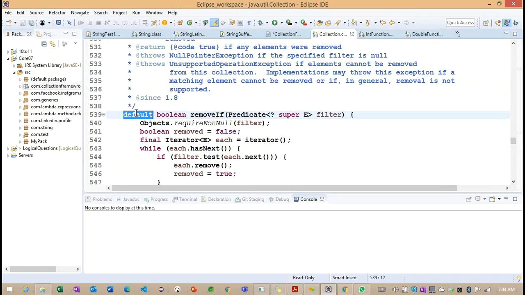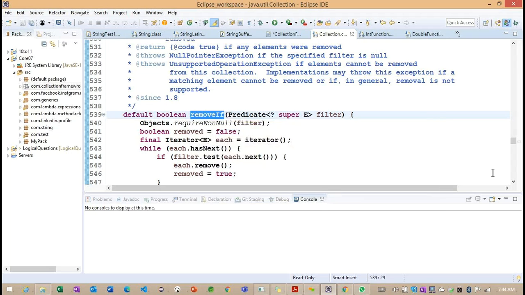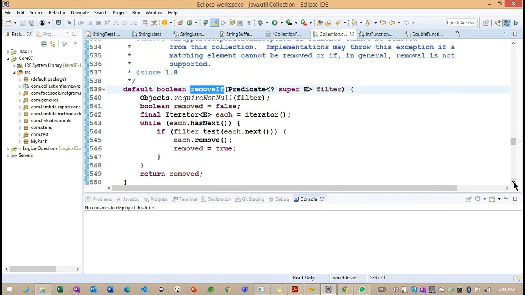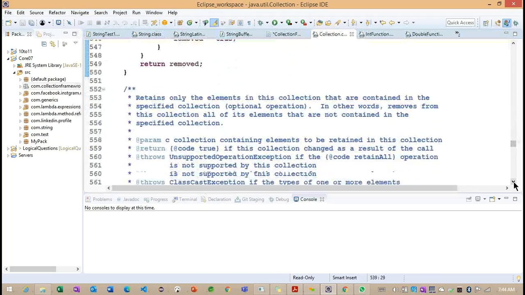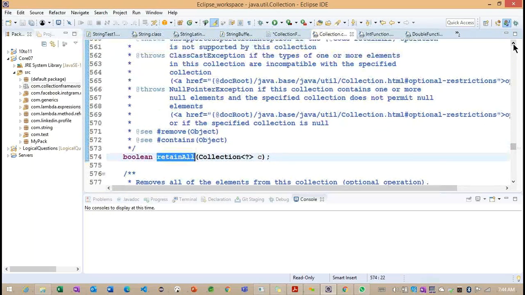And this is the default method. Basically, the default method we will see after completion of the unimplemented methods here. removeIf here, we'll see the default implementation later. So retainAll here. Basically, retainAll is going to check whether any collection is... so it's not linked to the previous elements here. We are going to return those elements here.